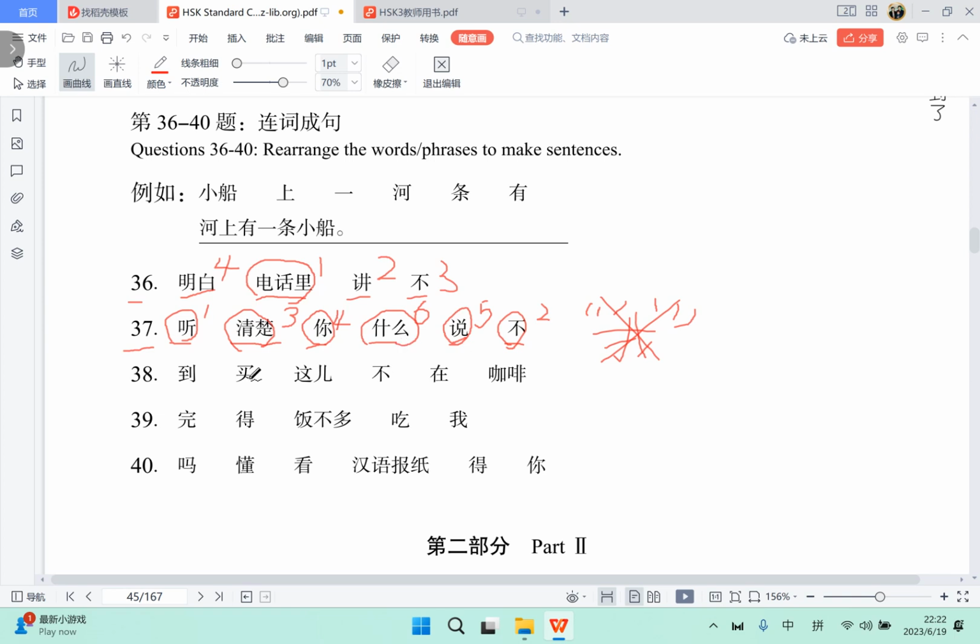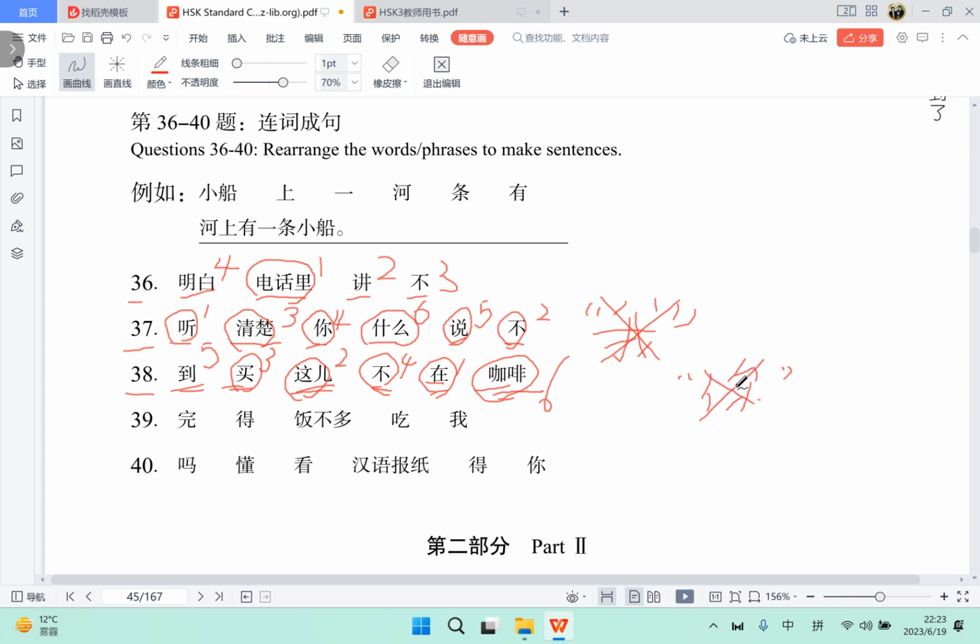And 38: 到, arrive, 买, to buy, 这儿, here, 不, not, 在, at, 咖啡, cafe. In this sentence, the phrase of place comes first, so 在这儿, at here. The verb 买不到: 不到 is the possibility complement. 咖啡 is the object, so the sentence should be 在这儿买不到咖啡, at here can't buy coffee. There is no possibility for you to buy coffee here, but we omit 你 because it's a conversation,